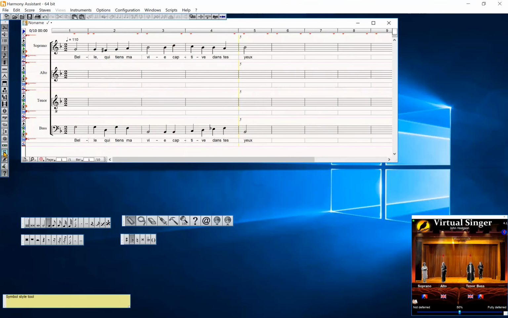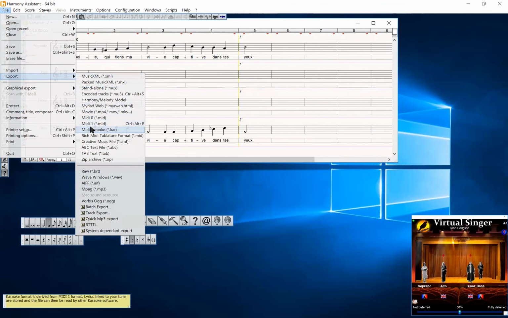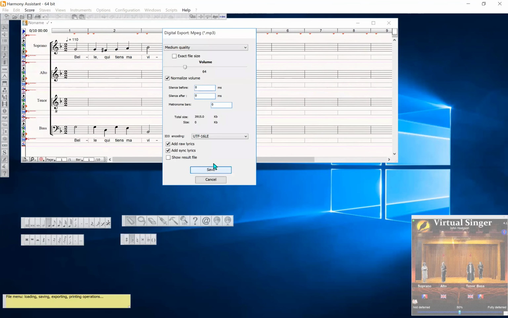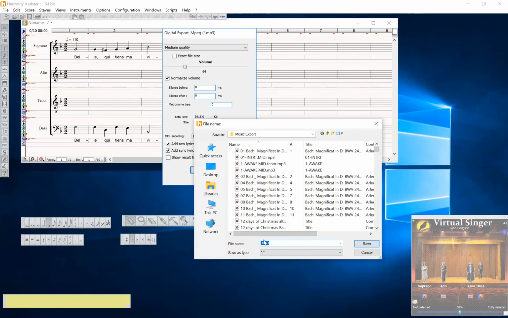You see, that's how I create the emphasized for the soprano. Now to create the MP3 file, I go File, Export, and export down here to an MP3 file. Simple as that. So I say Save, OK, and I give it a name. And this one, the name I'm going to give it here is